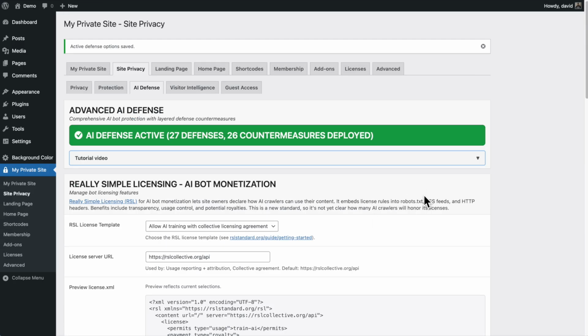So you can have a situation where you've got 27 voluntary defenses and another 26 active countermeasures deployed to block bots from gaining access to your information. So whether they're complying voluntarily or you just use a bouncer at the door and keep them from gaining access, they are blocked and your content is protected from being stolen and reused and given away for free to AI